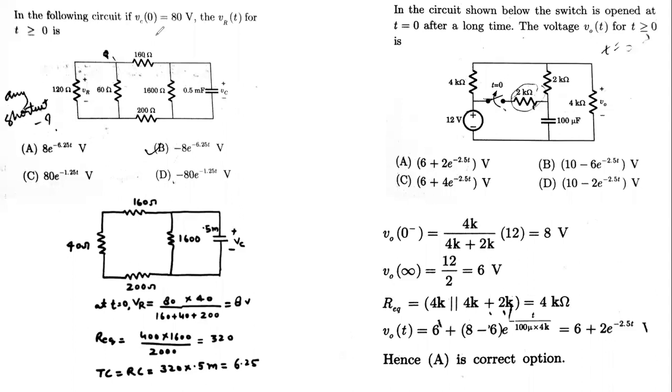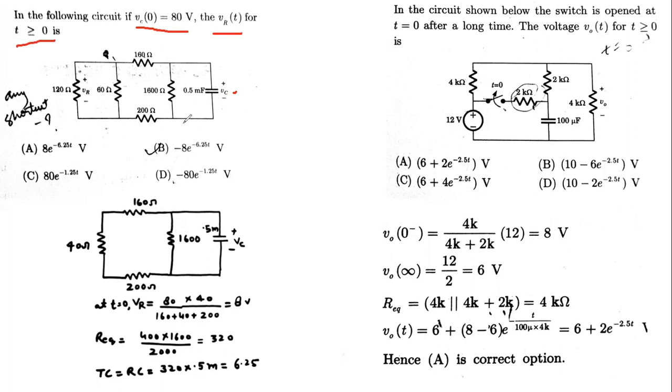So in the first question, see, it is given that in the following circuit VC(0) equal to 80 volt. So this voltage VC(0) is given as 80 volt and we have to calculate the value of VR(t) for t greater than 0. Okay, questions in most competitive exams are in objective form, so our target is to solve the problem in minimum time. So VC(t) is given and we have to find the value of VR. The options start from 8, then minus 8 and 80.